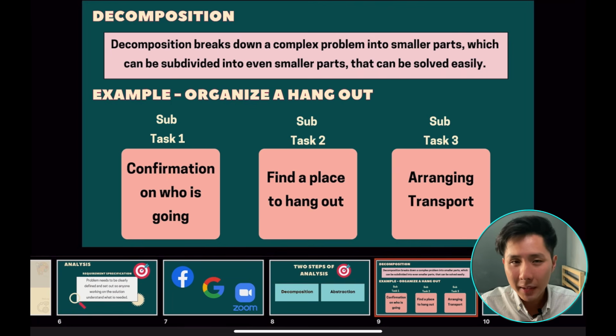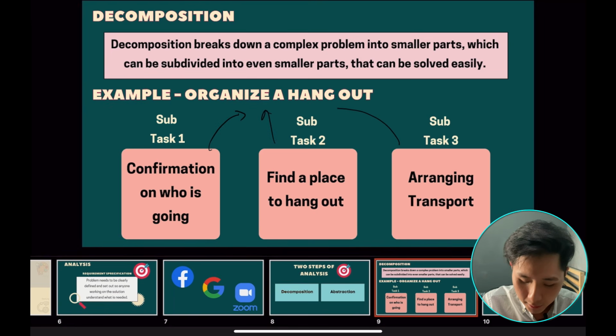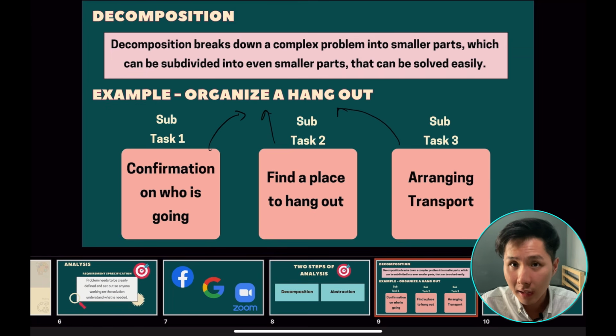And after the fact has been confirmed, you need to find a place to hang out and arrange transport. So these are all little problems connected to your objective to organize a hangout. All right. So similarly, in programming an app, you will need to figure out what are the smaller parts of